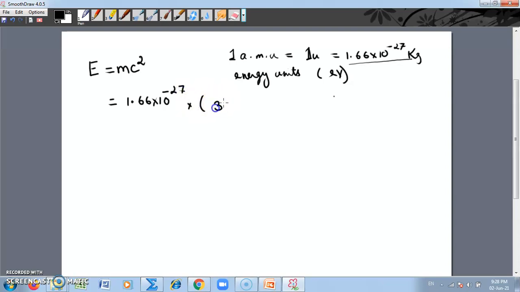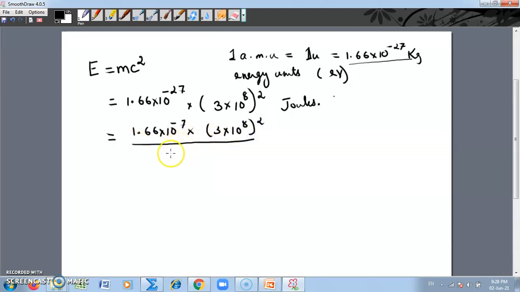It is the velocity of light, 3 into 10 to the power 8, the whole squared, like this much joules. But then the more common unit is electron volt, and so when joule is converted to electron volt, we have to divide it like this, whole square